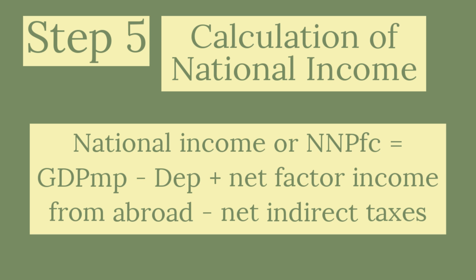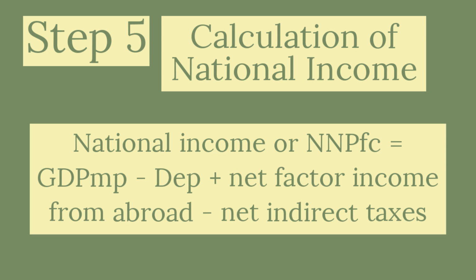So GDP-MP is to be converted to NNP-FC. At the first place we have to convert gross to net, so we will deduct depreciation. Then we have to convert domestic to national, so we will add net factor income from abroad. Then we have to convert MP to FC, so we have to deduct the net indirect taxes. So GDP-MP minus depreciation plus net factor income from abroad minus net indirect taxes will be the national income,